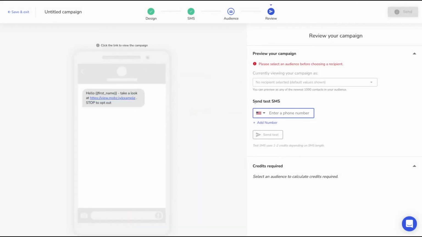You can even send a test SMS to yourself. Remember, it only works with Canada and United States by now. And it's done. You click send here and it's done. Your campaign is started. So Mobiz is a tool to use SMS to your advantage to convert buyers, leads,